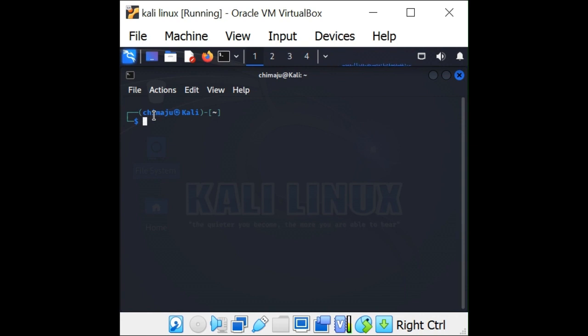So my Kali Linux, I've already started my Kali Linux machine. So the sender has to sign the document using his private key. The sender will generate the private key using the command